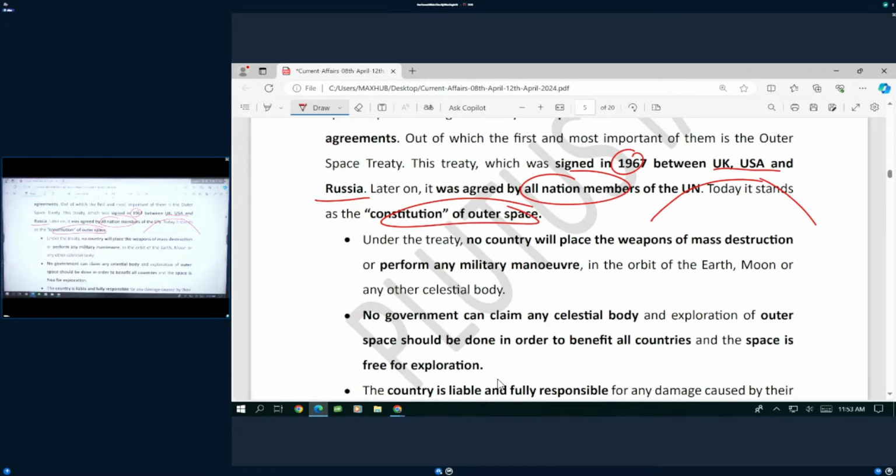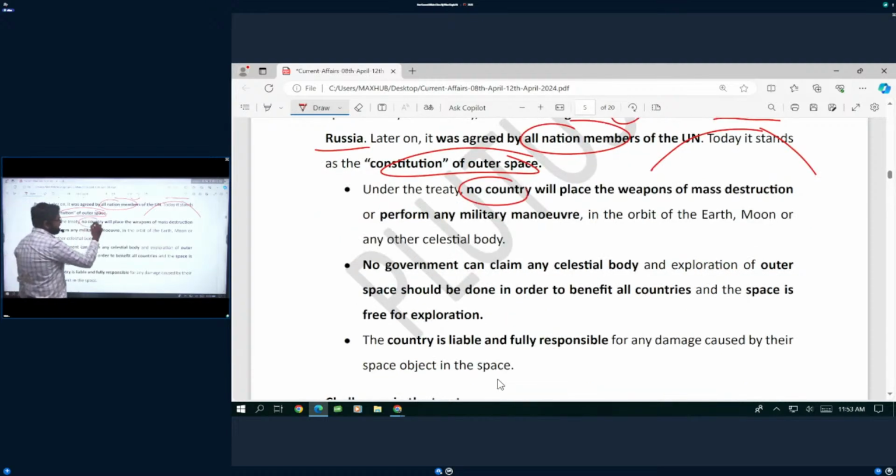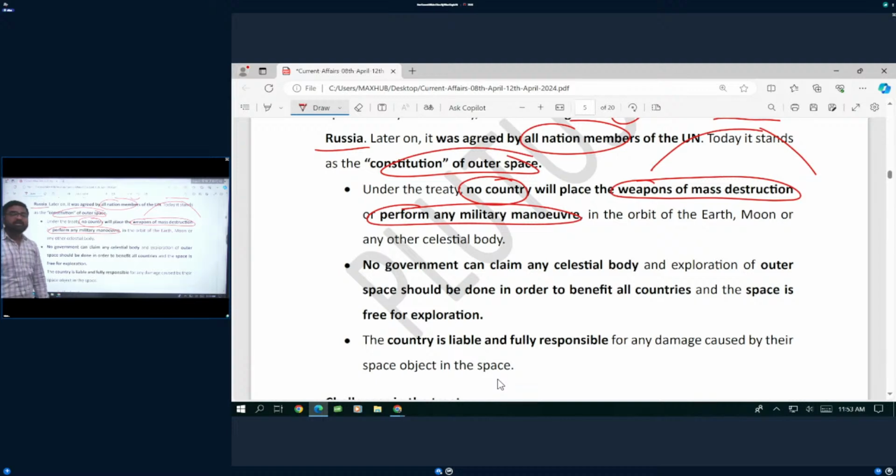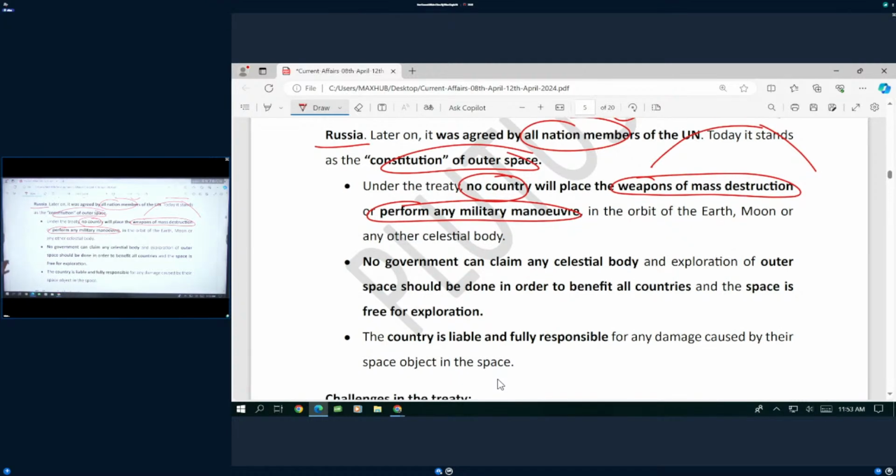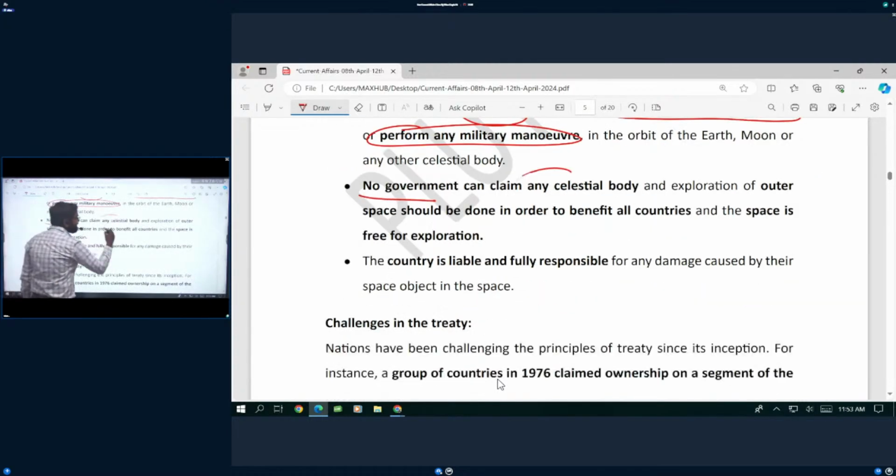Please remember. Let's see what the provisions are. Under the treaty, no country whatsoever can place any weapon of mass destruction or perform any military maneuver in any orbit of Earth, Moon, or any celestial body. Simply stating, you cannot have any warfare outside Earth's atmosphere. Second, no government can claim any